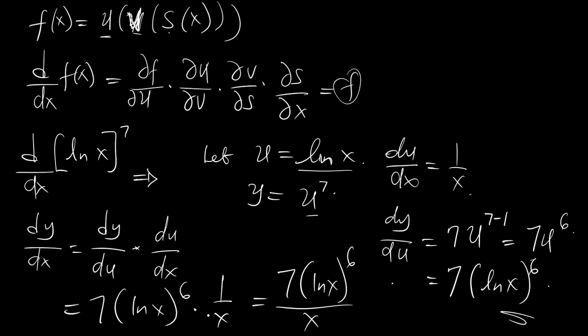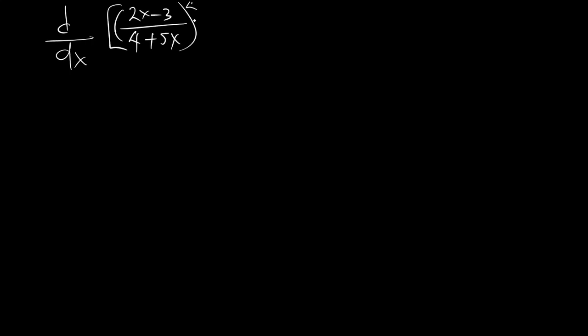Now let's look at the next question. The next question is the derivative of a quotient, that is 2x minus 3 divided by 4 plus 5x, raised to power 4. The derivative of this now,